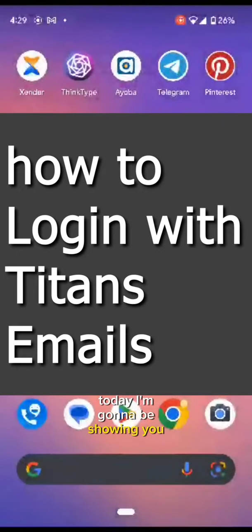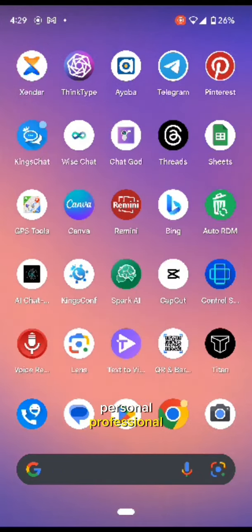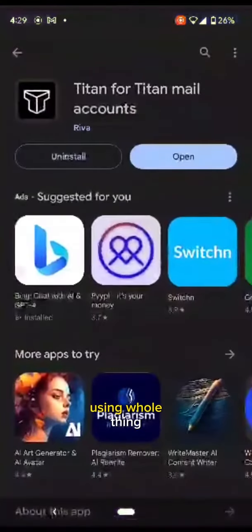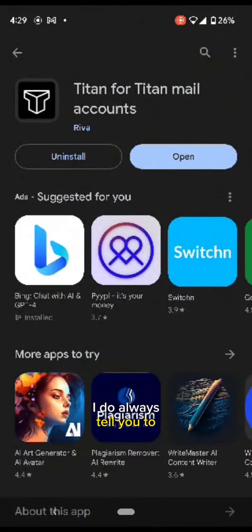Today I'm going to be showing you how to log in with your details when given your website's personal professional email account. So most of the time if you're using Hostinger, they always tell you to download Titan for email. You can also do it by going to the website titanemail.com